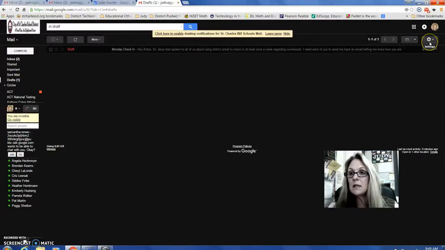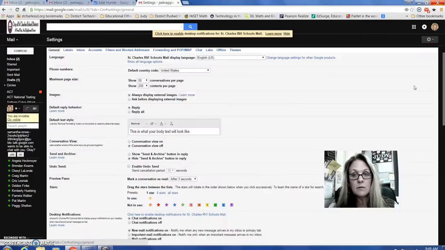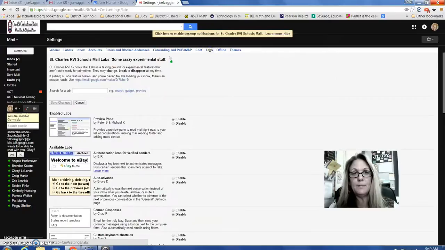Go up to this, but stay in your email, and you're gonna see this little cog that says settings, and you have a down arrow. I need you to open that. I need you to go into settings, and when you're in settings, you're going to see a bunch of labels across the top that are in blue. I need you to click into the labs setting, L-A-B-S, and when you do, the first feature you're going to see is something called